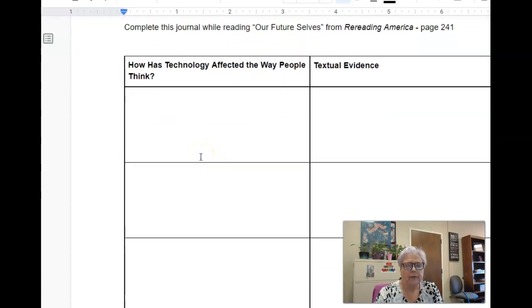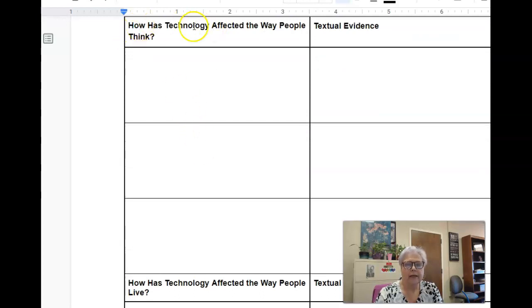So think of 3 ways that technology has affected the way people think. Put them here, and then over here on this side where it says textual evidence, bring in the quotation from the textbook that you'll use to back up what you've said over here.